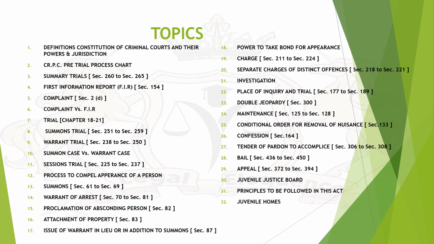comparison between summons case and warrant case, sessions trial, Section 225 to 237, process to compel appearance of a person, summons, Section 61 to Section 69, warrant of arrest, Section 70 to Section 81, proclamation of absconding person, Section 82, attachment of property, Section 83, issue of warrant in lieu of or in addition to summons, Section 87, power to take bond for appearance, charge, Section 211 to Section 224,